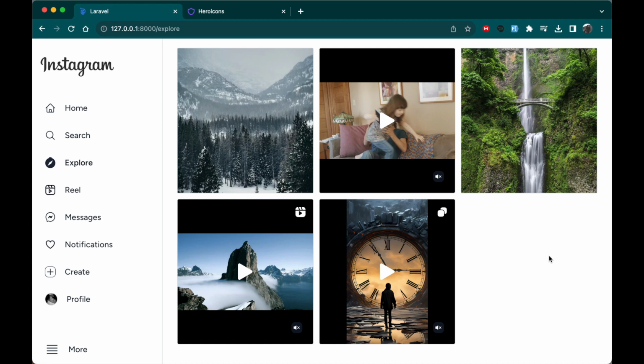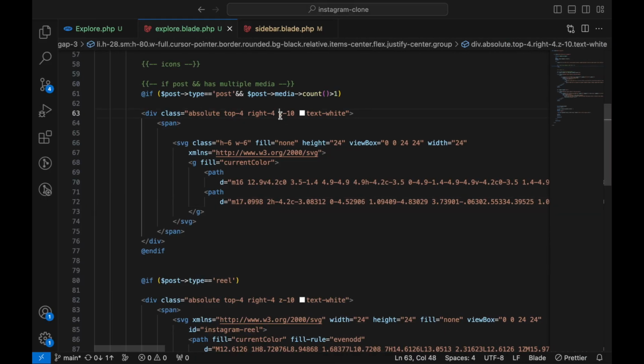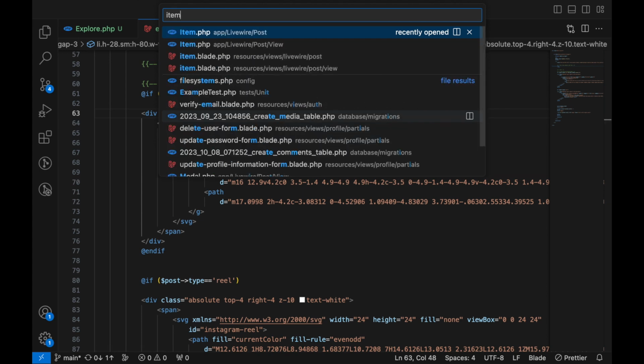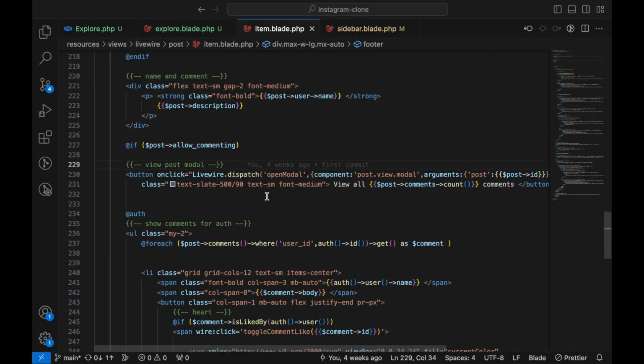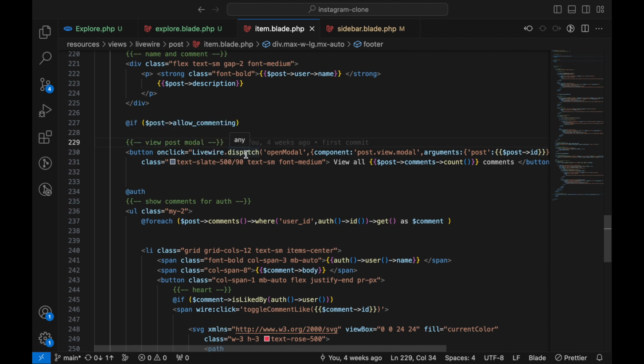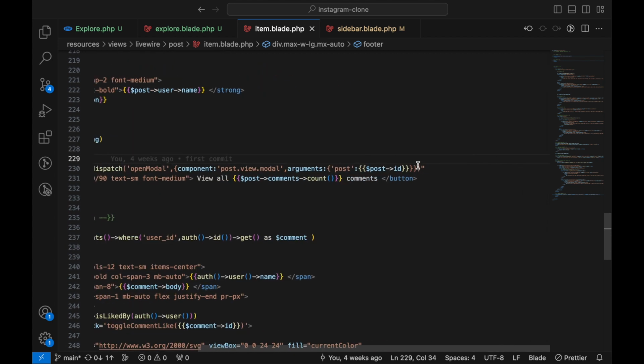Point, we're going to add something to this post. So I want to click, we want to open the post and view the comments. So let's go ahead and do that first. In here, let's go to our item, the views Livewire post item. In our item, we have this on click Livewire dispatch open model. We can simply copy this whole attribute,